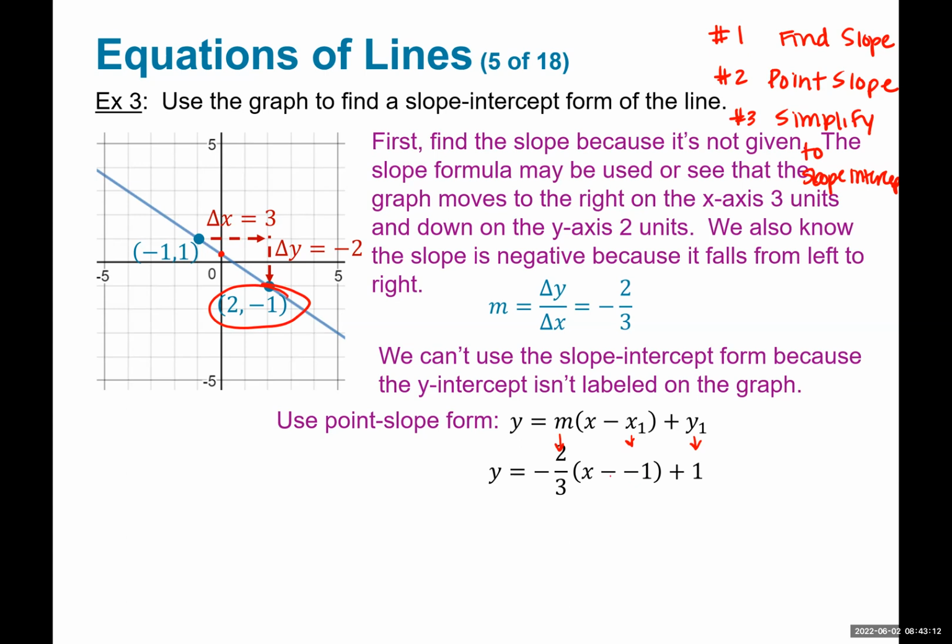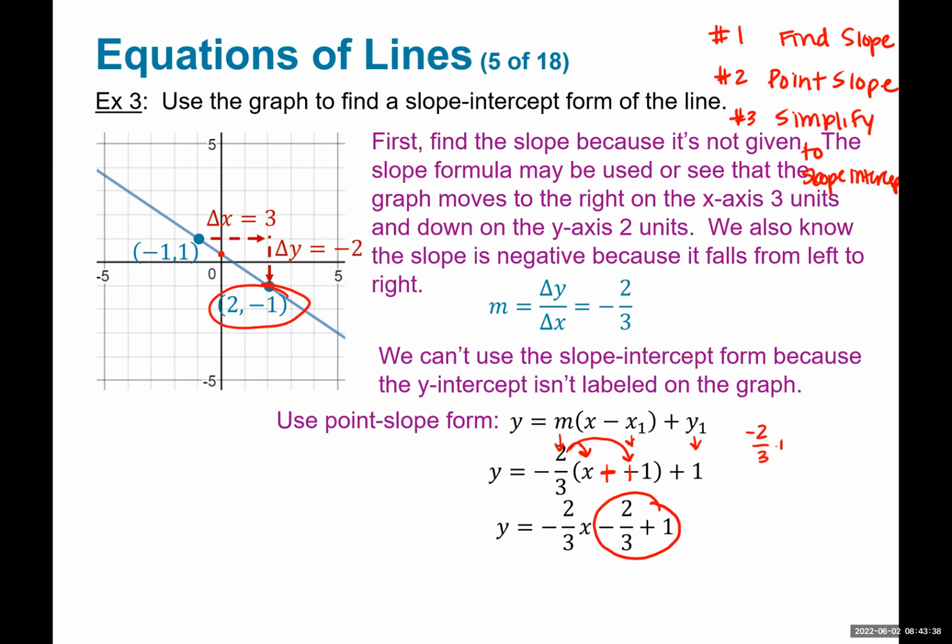Okay. So we put in negative 1. Remember, negative is already a part of this problem, so you can't take that away. This becomes plus 1. You distribute and you get negative 2/3 x minus 2/3 because negative 2/3 times positive 1. And then you have plus 1. To simplify this,